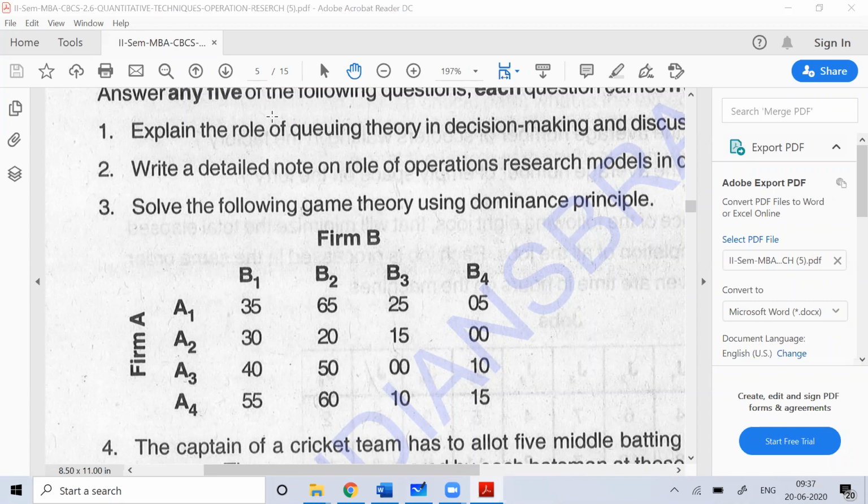And whenever we have a problem of mixed strategy, then normally, looking at this m into n matrix, we cannot solve the problem directly. So we solve these kinds of problems by using the dominance principle. So what is dominance principle? We'll discuss that. Before that, let's try pure strategy. I know pure strategy will not work here.